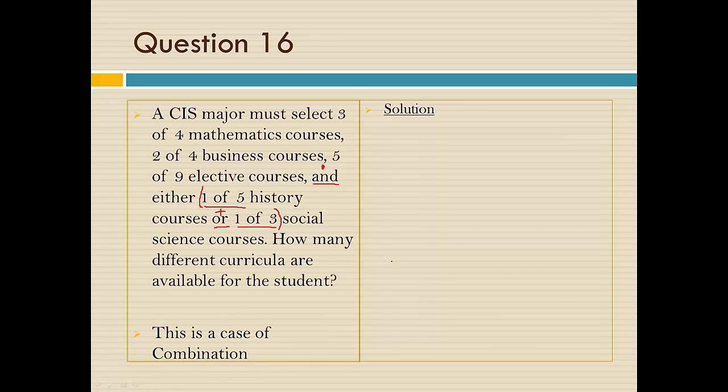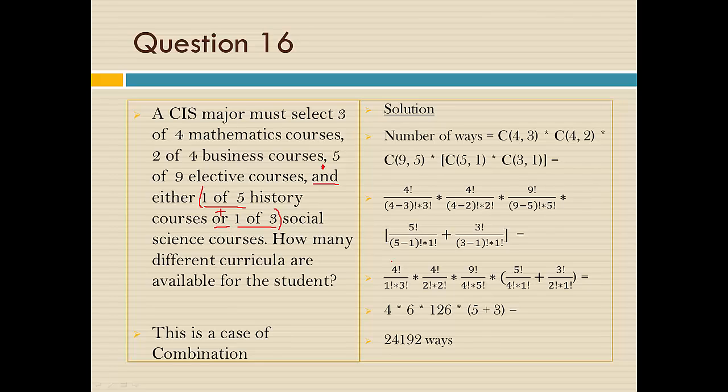So it's a case of combination. So you have 4 combination 3 times 4 combination 2 times 9 combination 5 times this here. This is what the student must select: 3 of 4 mathematics courses, and 2 of 4 business courses, and 5 of 9 elective courses. So that's why you see all these times. Then either 1 of 5 history courses, which is 5 combination 1,